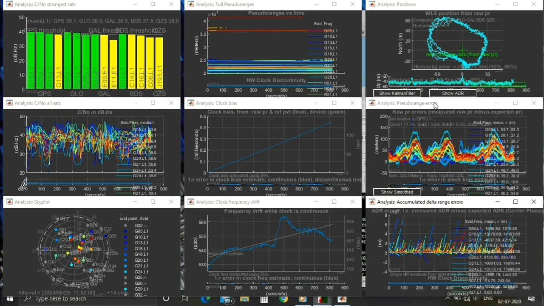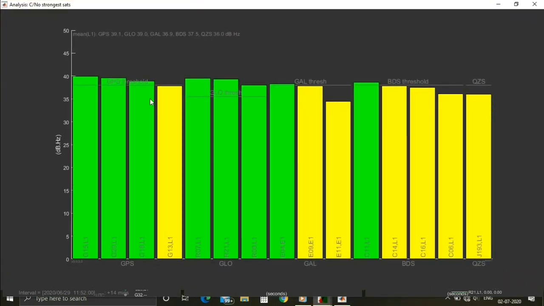To understand these plots, you need to watch the first part. I am not going to explain this here because I have already discussed it in the first part, so I will just show you the plots one by one. This is the bar graph. In the x-axis you will find different navigation systems. For the first 4 bars GPS is there, then Galileo, then GAL, then BDS and QZSS. I will not discuss those here because I have already discussed them in the first part.